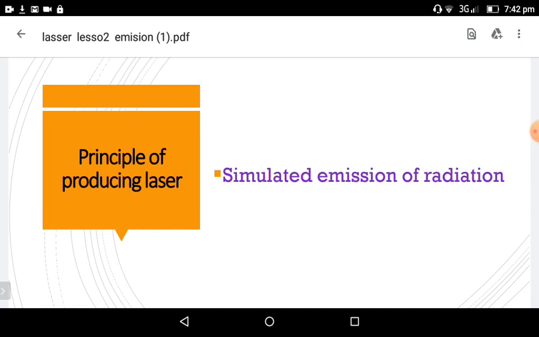This radiation is a powerful radiation which is coherent, monochromatic, having a single wavelength, and highly intense, and also it travels in a straight line in the form of a narrow beam. It follows the property of directionality. It is quite different from ordinary light. We explained the differences, how laser is different from ordinary light, in yesterday's class.